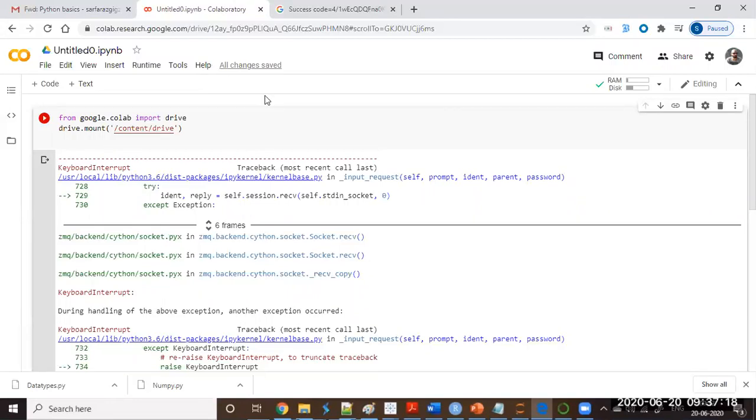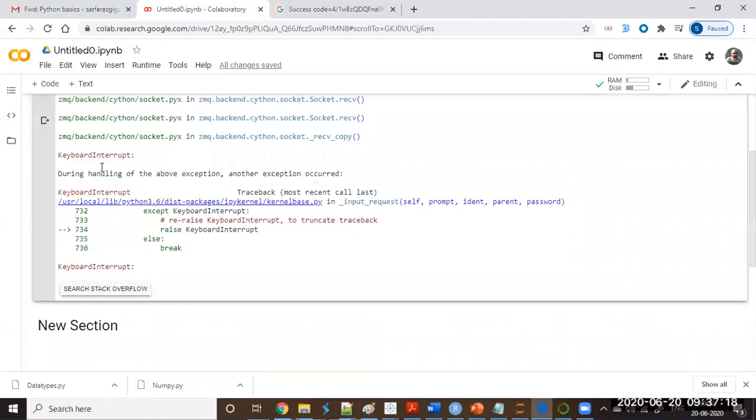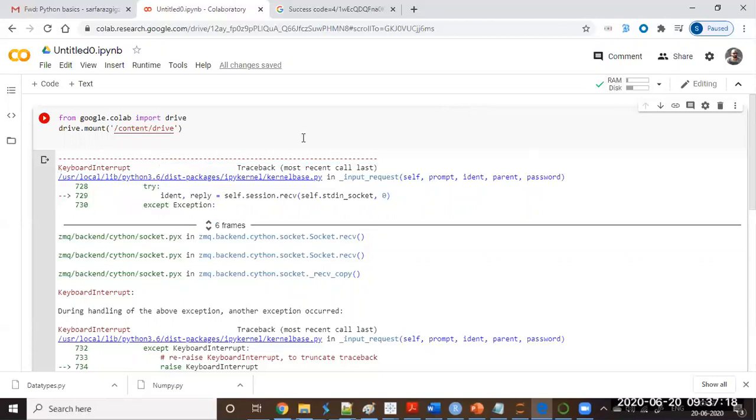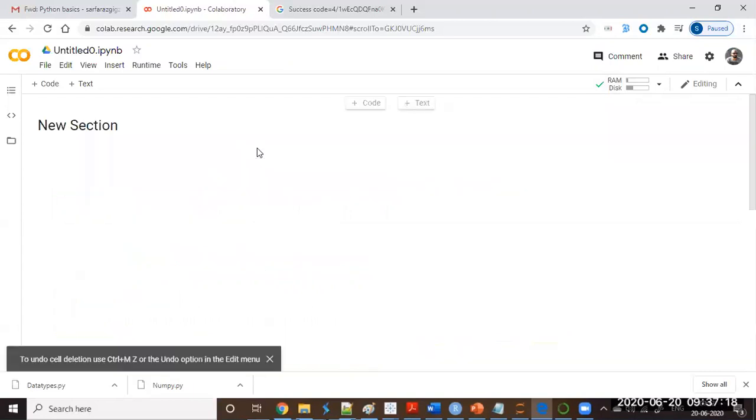And how do I clear this, where I have the error and all? How do I delete this? On the top of the cell, there are some five or six symbols on the right side of the same cell in which you have written your code. Cell means the code in which you have written. Yeah, right side. Yeah, delete. Just click on that. All right.